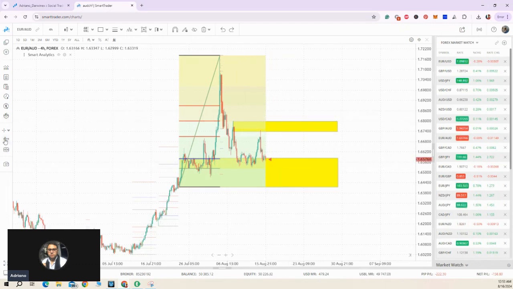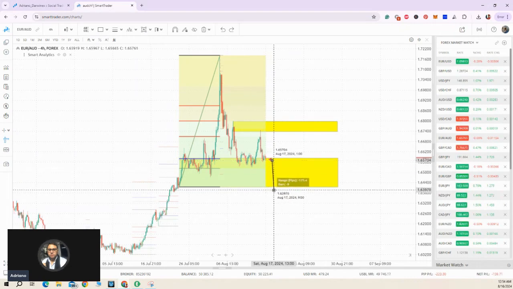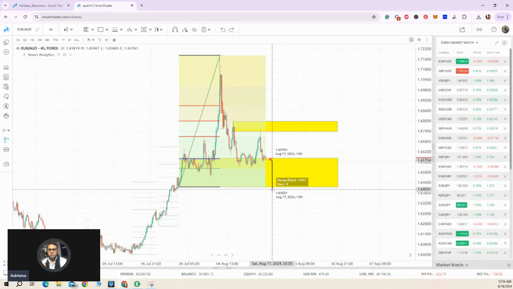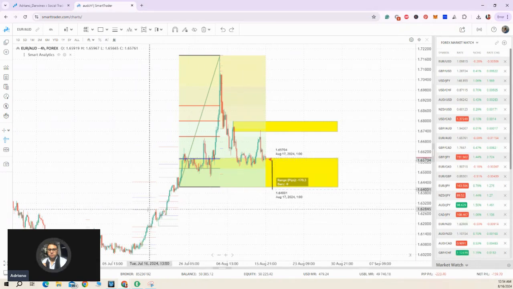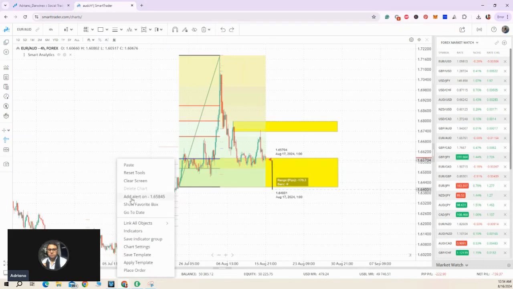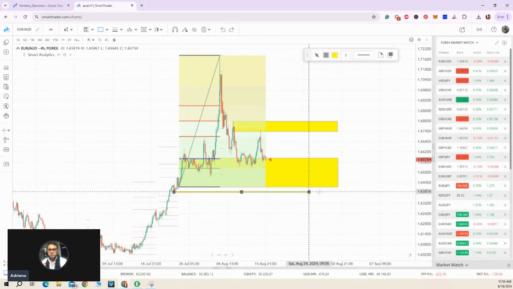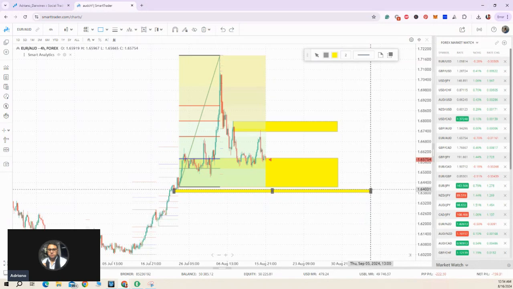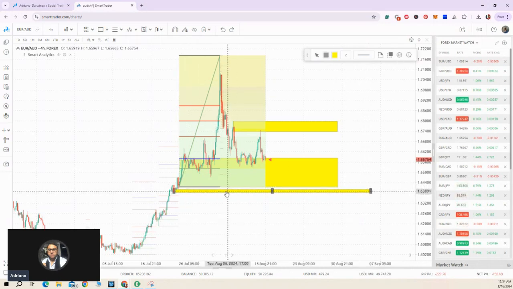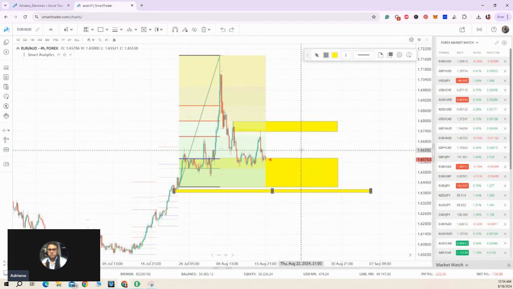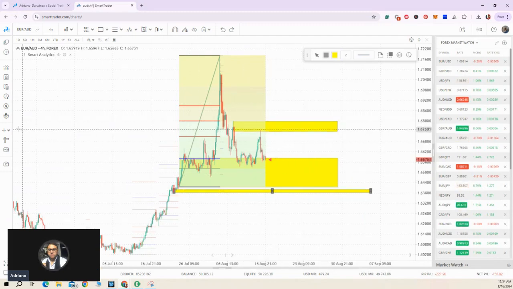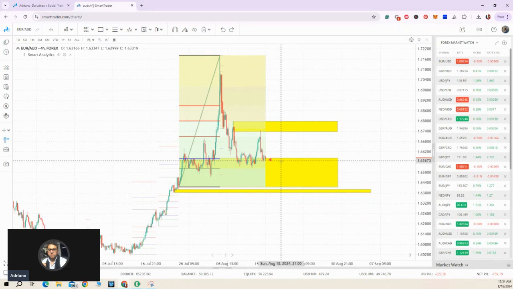So the risk is gonna be, if I take the trade here, 170 pips. But there is another, let me show you, there is another demand zone here. I don't wanna just put my stop loss just below this A, and then the market comes a little bit more, hits my stop loss and goes up. What am I gonna do? I'm gonna take this trade, but I'm gonna risk a little bit more. So the risk is gonna be